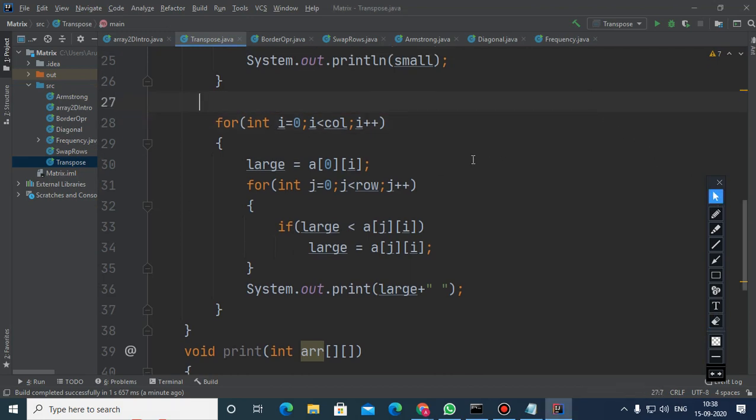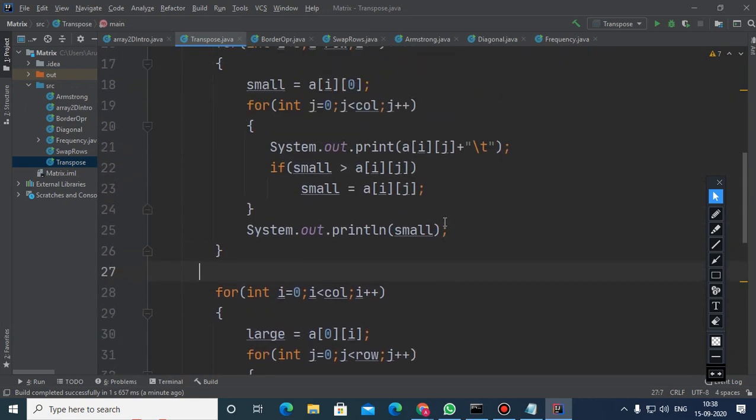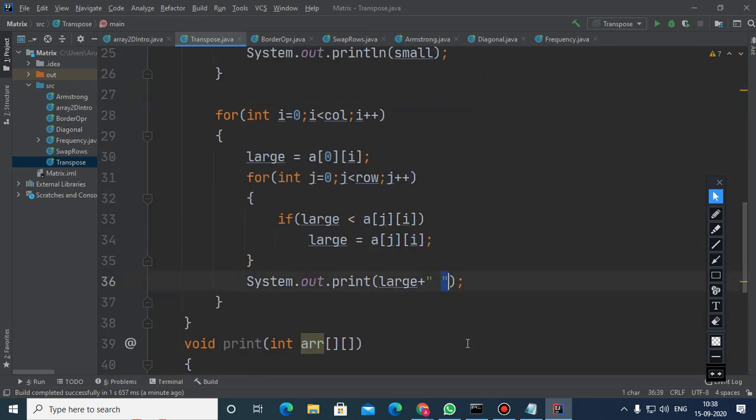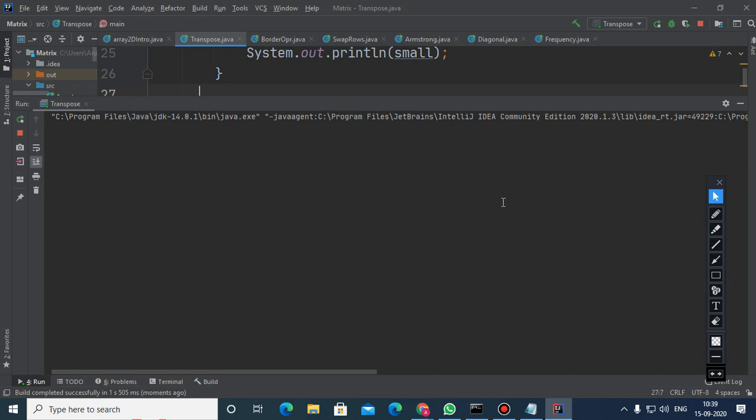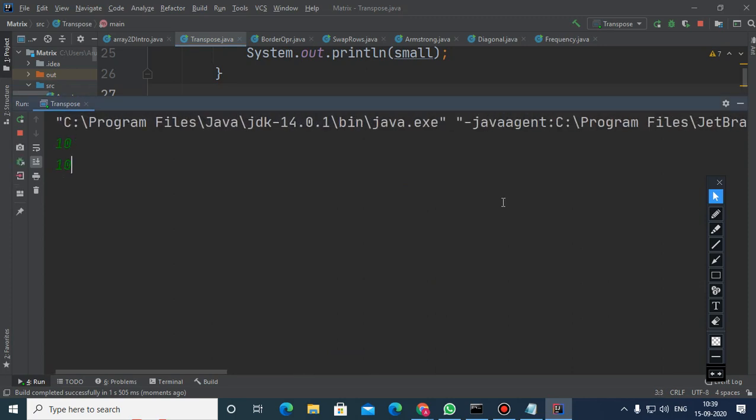Remove that. So children, if you have any problem, then please tell. We just run this one more time, and this time it is 10 by 10.